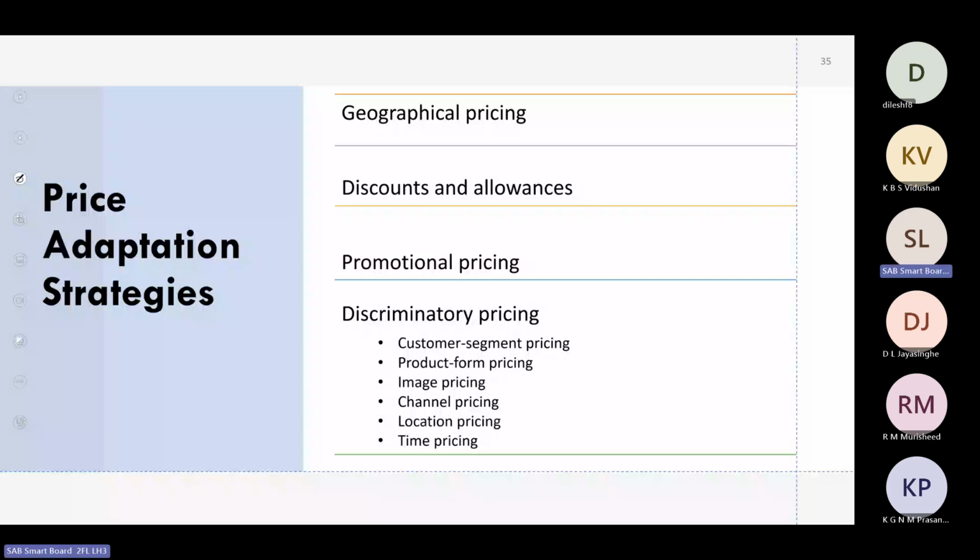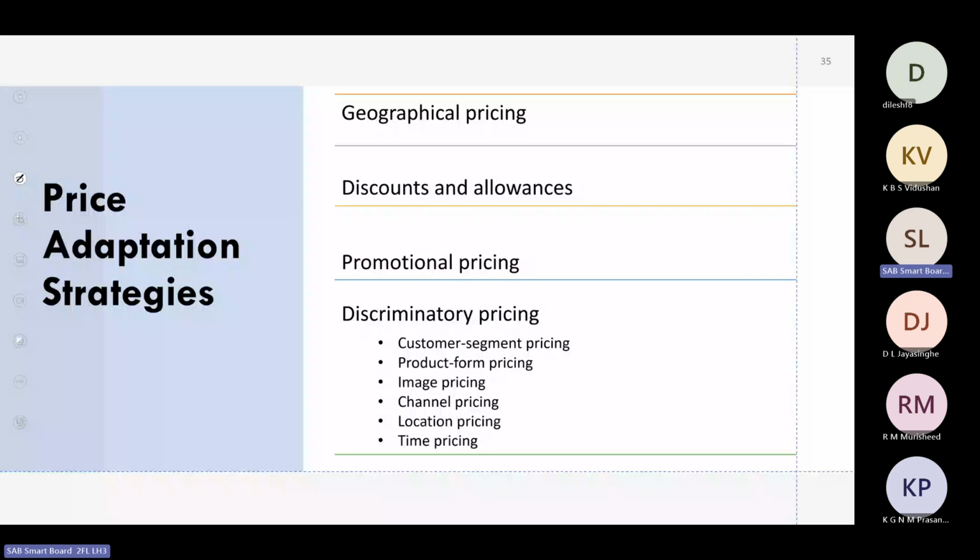Then the next one is the pricing that is more or less the same, right? Like 20% discount, 25% discount. If you buy on the credit card, you will get 20% discount, but if you pay cash, you will get no discount. For debit cards, you will be getting 10%. For the credit card, you will be getting 20% discount. Right? Then the third one, the final one, that is discriminatory price.